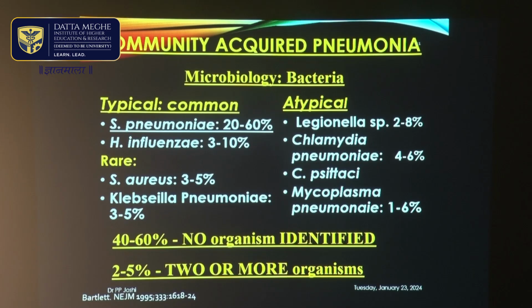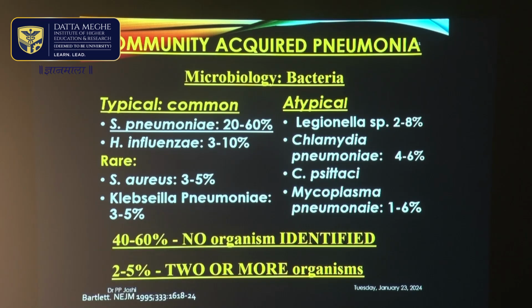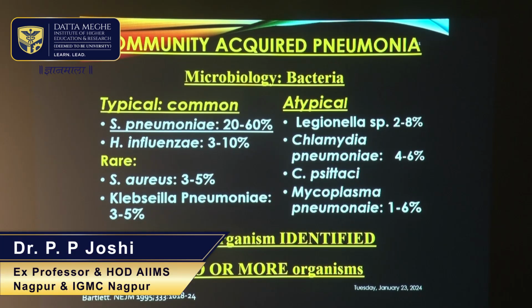Rarely, community-acquired pneumonia can also be caused by, and present in a typical manner of abrupt onset of high-grade fever, Staphylococcus aureus and Klebsiella pneumoniae. These organisms are particularly important because Staphylococcus aureus and Klebsiella pneumoniae are known to cause suppurative and necrotizing pneumonias and can lead to a lung abscess if not treated adequately by inadequate doses of antibiotics given for